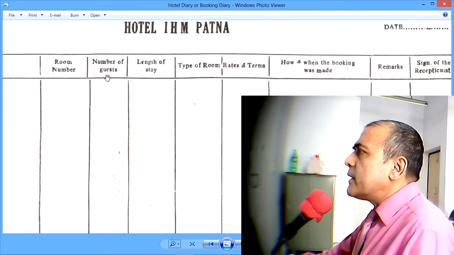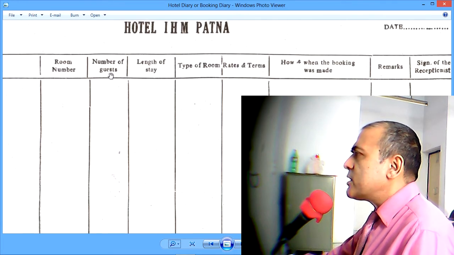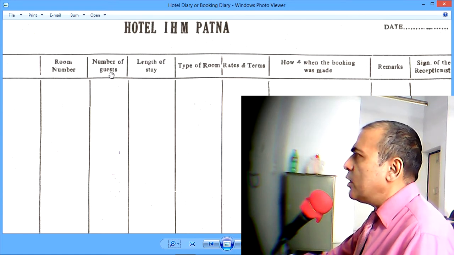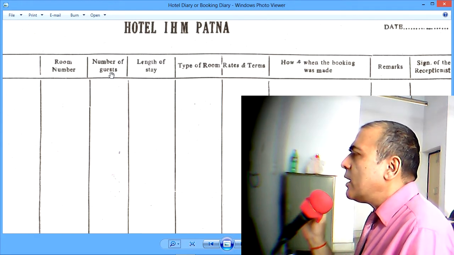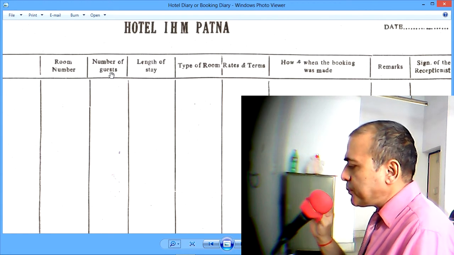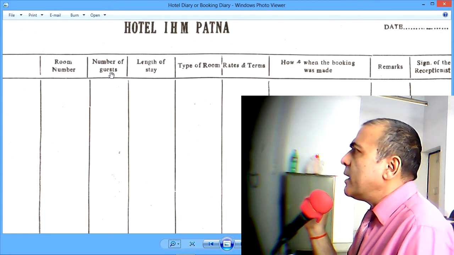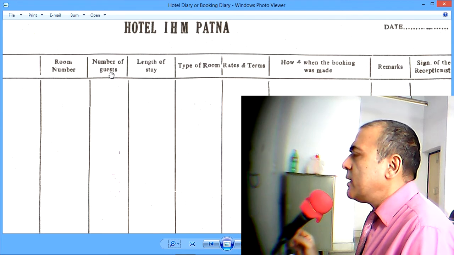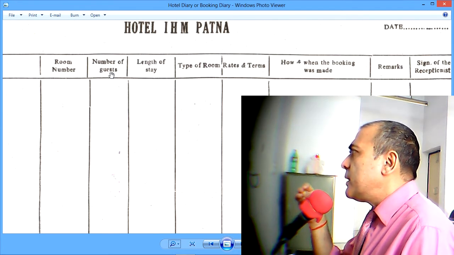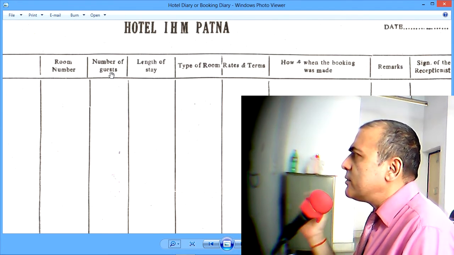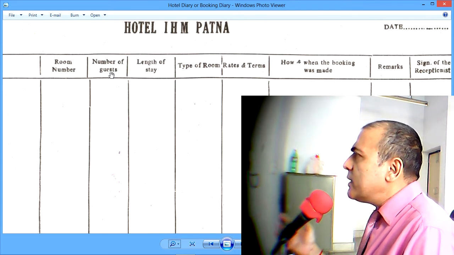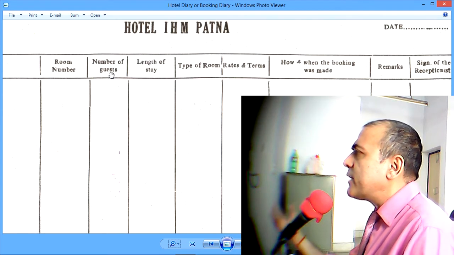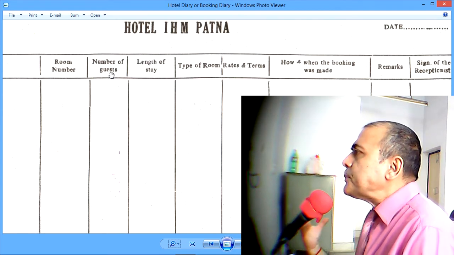Then the third entry is number of guests. This is obviously 1, 2, 3, or 4. This is important because billing has to be done on the basis of this. Now you need to realize there is something called an undisclosed joiner. Many people may try to cheat the hotel by declaring in the reservation that they will only have one guest or only two guests staying in a particular room. And then they would invite some of their other friends, other colleagues, or whoever.